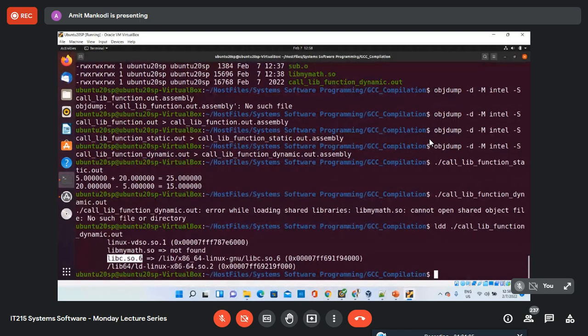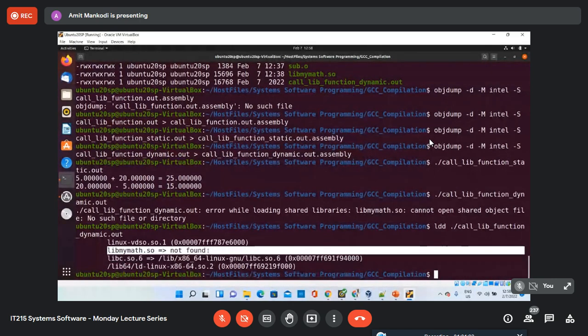Okay, and as I mentioned earlier, this is linked by default. GCC already knows that most of the programs will require libc.so, so it will by default link that library for you. Okay, but this library file is what we have created, and it doesn't know that this is also required, and therefore it has not linked. Right? Well, it has linked, but now at the runtime also it requires the path to this library so that it can be loaded into the memory. So currently it is not loaded into the memory.